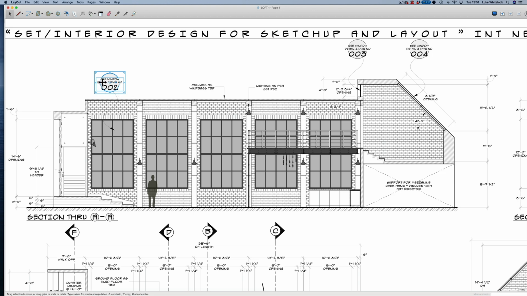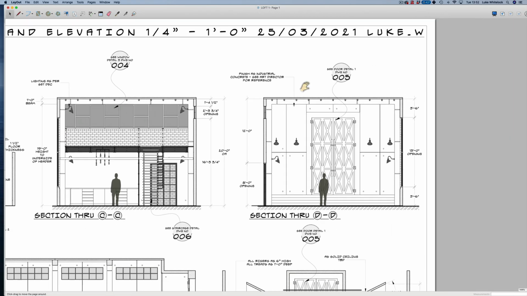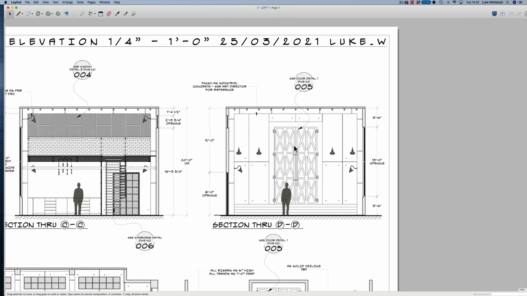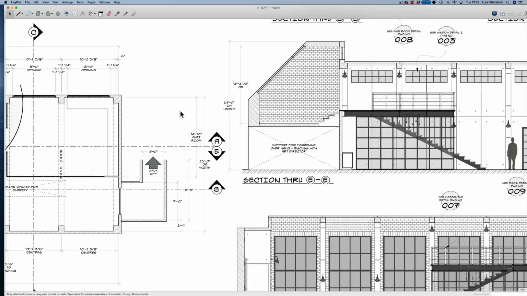So we would say that detail 1, which is window detail 1, is drawing number 002, and then call out as you go. So 3, 4, again pointing out number 4, number 5 is the door, and then when we get down to